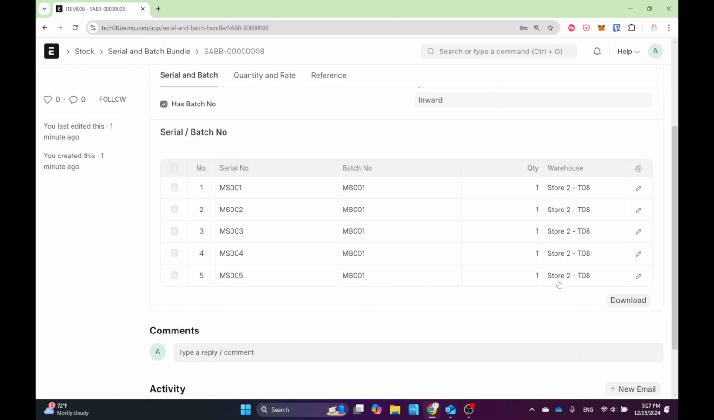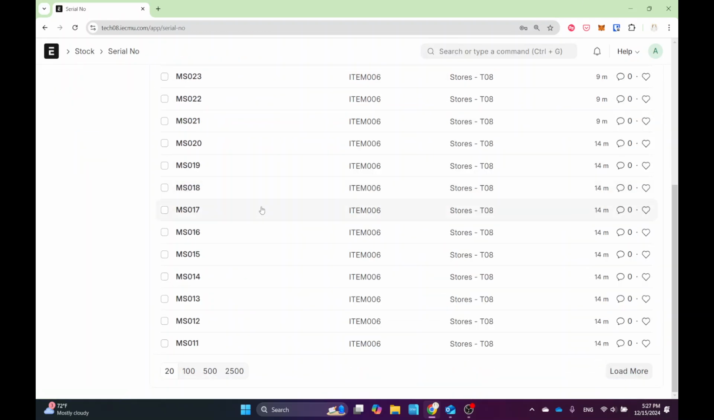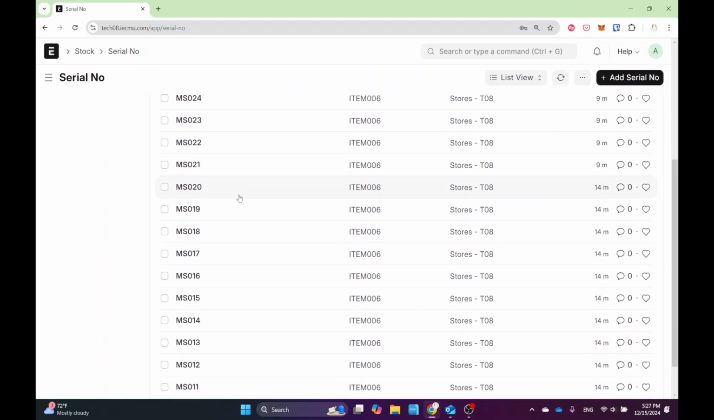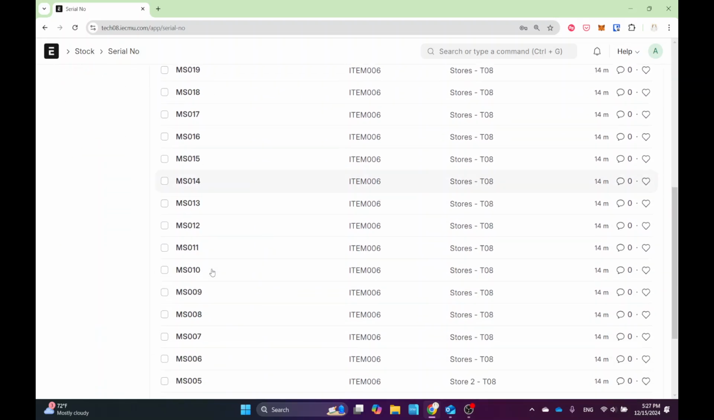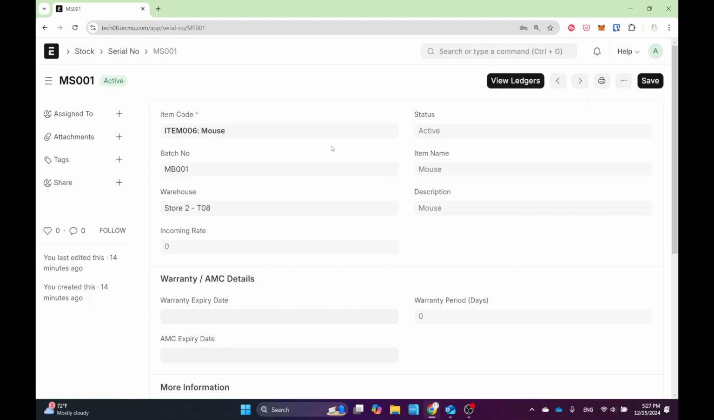But if you want to see just the serial number, I think that one makes more sense, right? So let me just go to my serial number list again. Like this one, pretty straightforward, right? If you want to see the first serial number, you can just scroll down to the first one. So MS001, right? And if I want to see the history, I can do